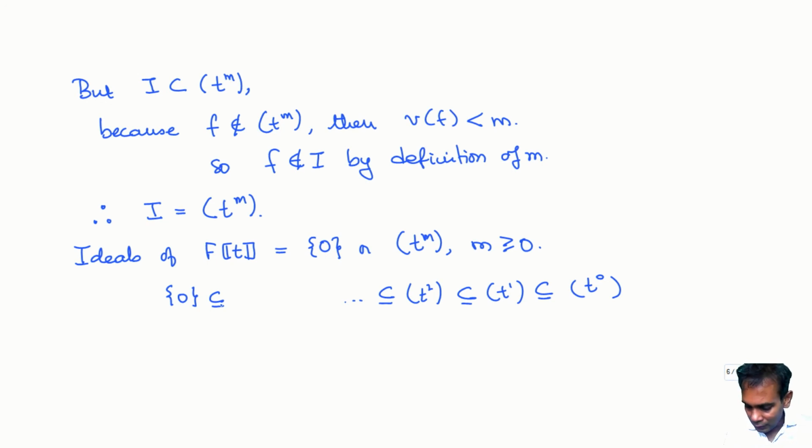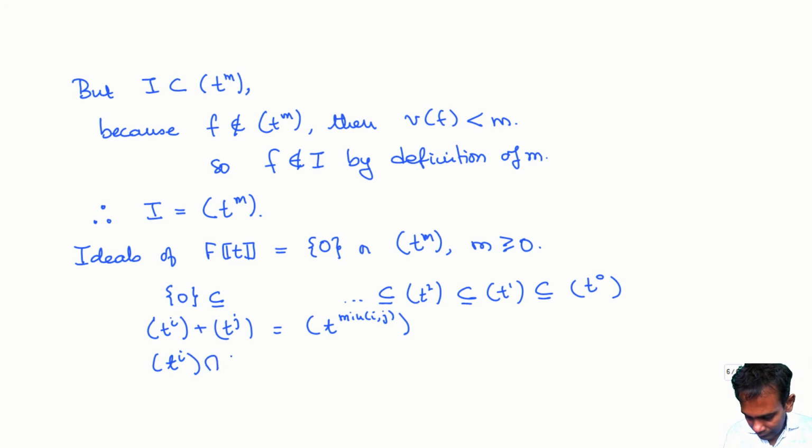And you could ask what is (t to the i) plus (t to the j)? Well, you can think about it. It's t to the minimum of i, j. And what is (t to the i) intersect (t to the j)? It's t to the maximum